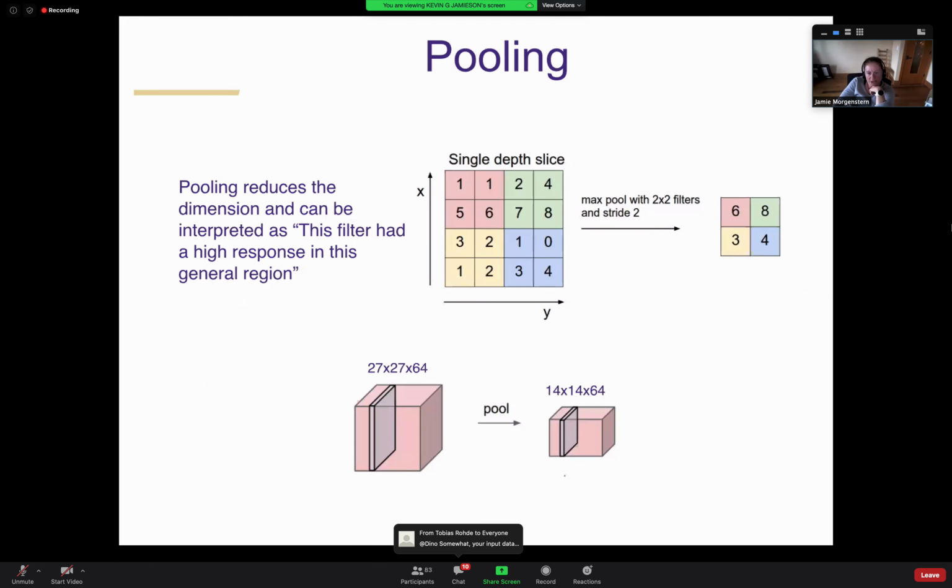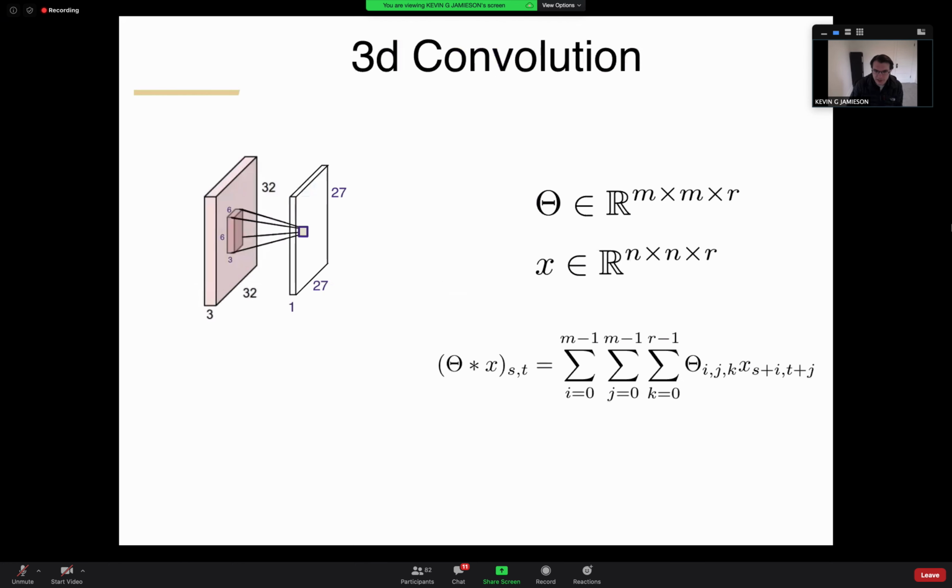There's a hand from Dino in the chat. Yeah, sorry. I think Tobias just answered the question, but I would still like to go back to it because I think I got it wrong. My interpretation originally was that you apply each filter to each of the channels, and then you get a filter applied to a channel out. But it seems that you apply the filter to the whole image with all 3 channels, and then you get one layer out, and then you stack the layers, right? Yes, the last thing you said is correct, based on this definition. All right. So I'm just saying, is this standard in